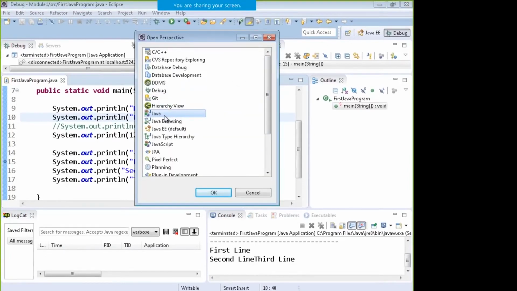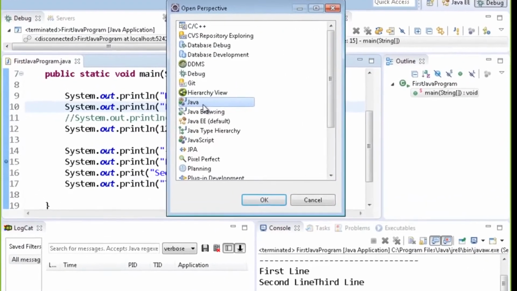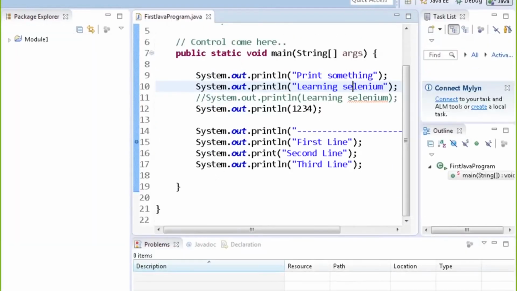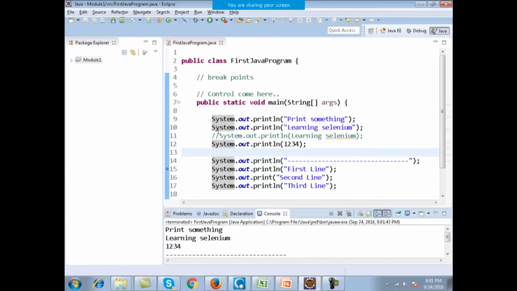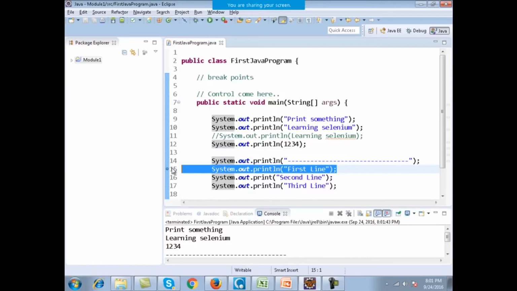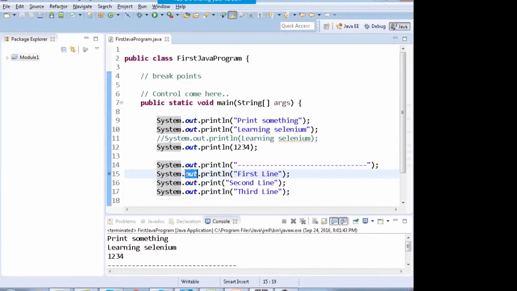In Selenium, we always move to the Java perspective. The current perspective is the debug perspective, so you move to the Java perspective. So this is the normal view which we had earlier. You can normally run your program from this run icon and it will not stop on any of the breakpoints. If you run it in debug mode, then obviously if you have put any breakpoint, it will stop on that particular breakpoint. As I told you earlier, breakpoints will help us solve the programmatic errors, or hindrances, which we face when we are writing scripts in Selenium.